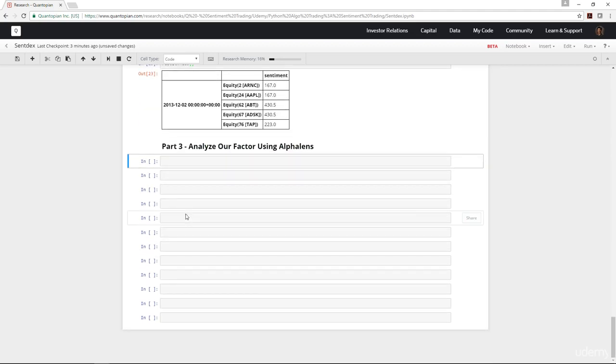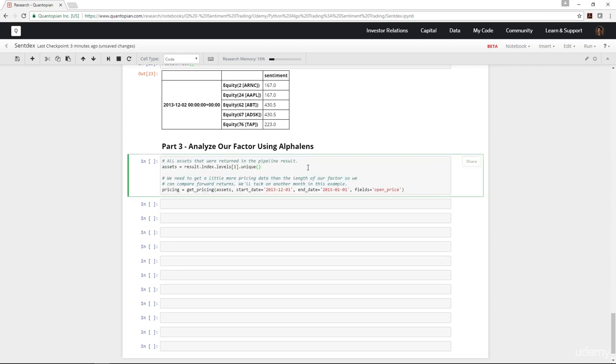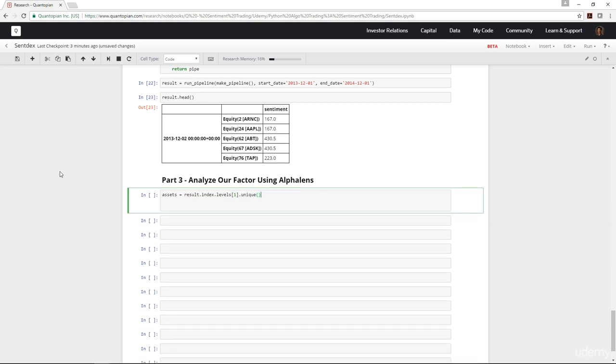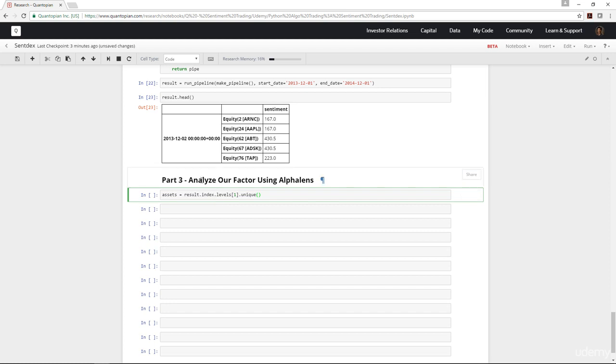I'm going to label the heading here "Analyze All Factors using Alpha Lens." First, I'm going to take that out so the extension doesn't get confused. I'm going to have a look at the assets being returned. The result here is this whole data frame. I want to look at the index. This is index 0, this is index 1,